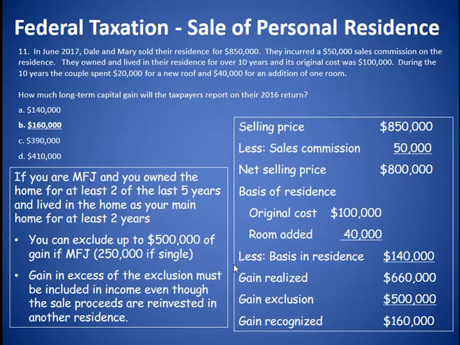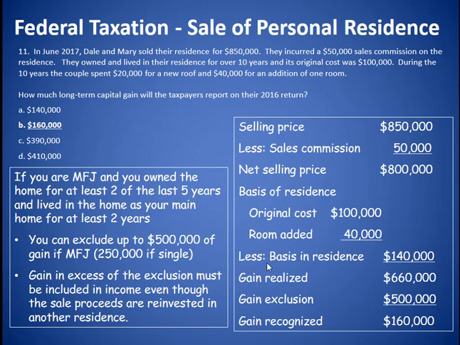Okay, let's take a look at the answer. Number 11, in June 2017, Dale and Mary sold their residence for $850,000. They incurred a $50,000 sales commission on the residence. They owned and lived in the residence for over 10 years, and its original cost was $100,000. During the 10 years, the couple spent $20,000 for a new roof and $40,000 for an addition of one room. And how much long-term capital gain will they report on their 2017 tax return? The answer is B,